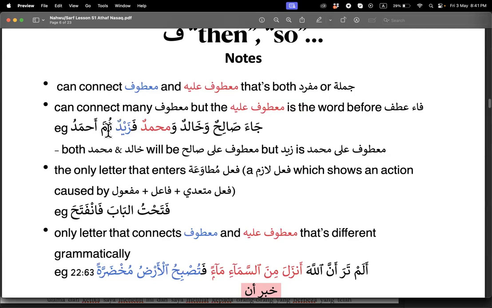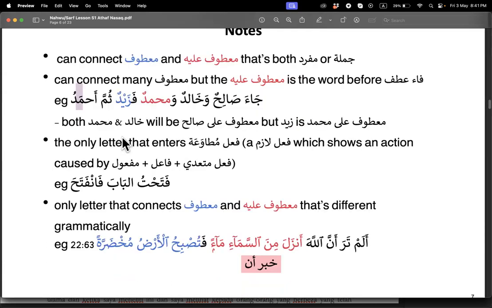And then after that, thumma. Thumma is another harf atf. So Ahmad is maktuf to Zaid. The only letter that enters fi'il mutawa'ah. Mutawa'ah is a fi'il lazim which shows an action caused by a fi'il muta'addi, fa'il, and maf'ul. So what that means is, you can see here,